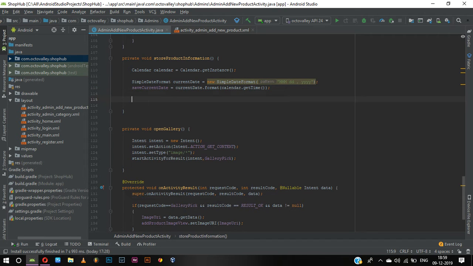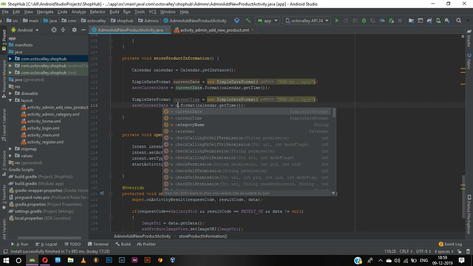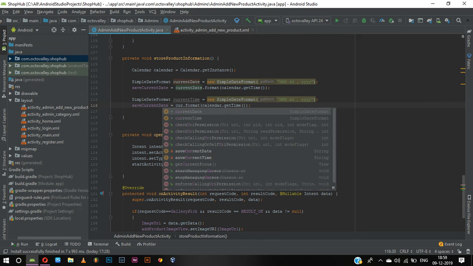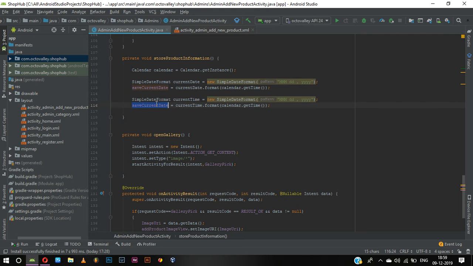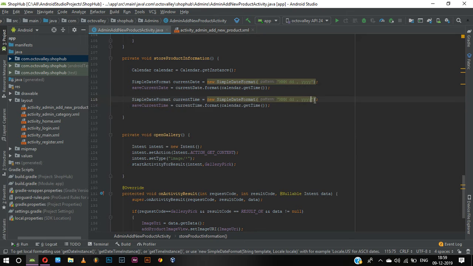We need to do the same for time also. For time, you can paste it right here, it is current time, and here also you need to change it to current time, and here we need to save, change it to save current time. The format of the time is hour, minutes and seconds. And to indicate whether it is AM or PM, we are going to add a variable called A. And why we are doing this is, wait a minute guys,